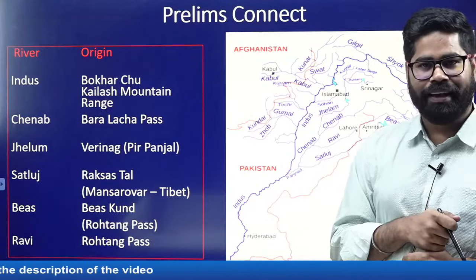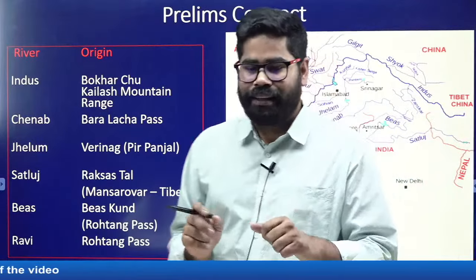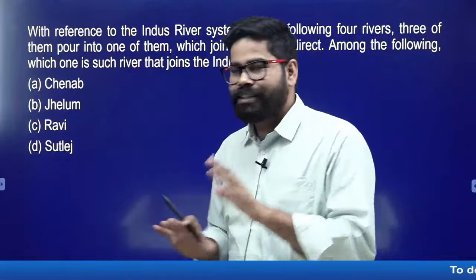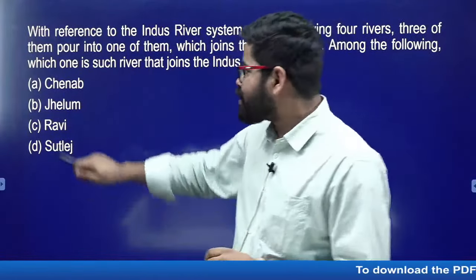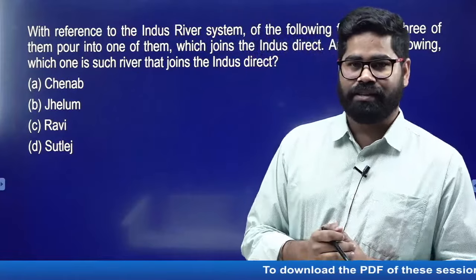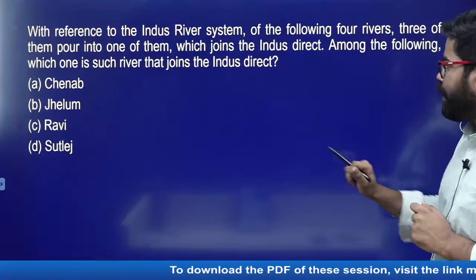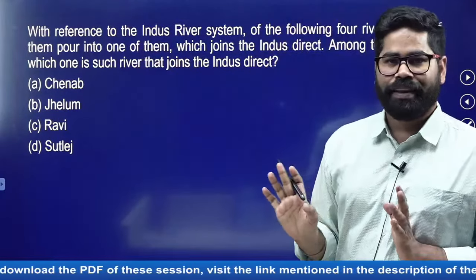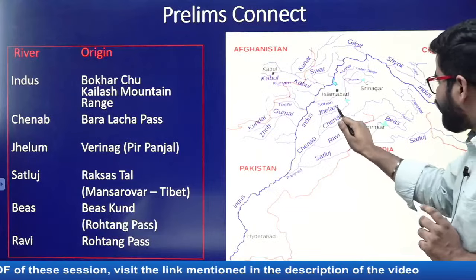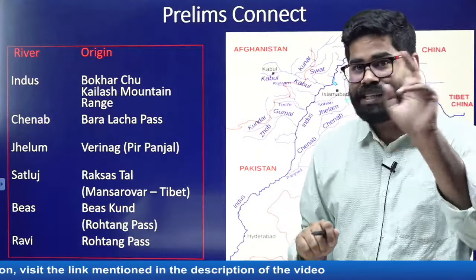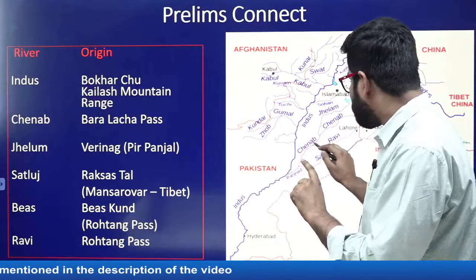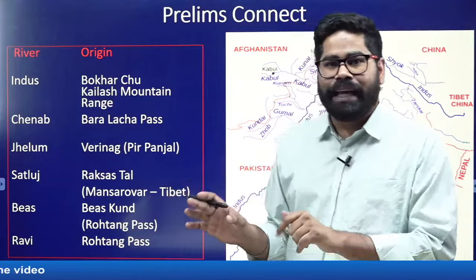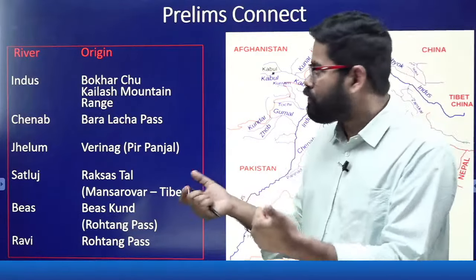Now see here, Jhelum is going into Chenab, Ravi is also going into Chenab, and then Satluj is also joining it here. Now understand here one thing, there have been controversy about this one. At some places you will find Satluj as answer, at some places you will find Chenab as answer. If you see from the map here, and if you see the statement, 3 of them pour into one of them. And if you see the map here, you can see Jhelum is pouring in Chenab, not in Satluj. Then Ravi is also pouring in Chenab, not in Satluj. So from here again, there is a confusion about the answer of this particular one.